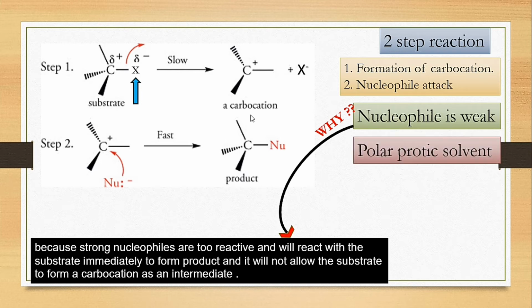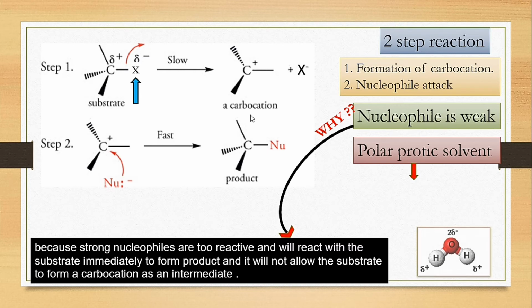Next important point is polar protic solvent. The whole SN1 reaction actually happens in the presence of polar protic solvent. Now you can ask what is polar protic solvent. See, polar means two poles are there. In one pole there is a partially positive charge, in another pole there will be partially negative charge. Two poles are there with charge, that means polar. And protic means it will provide proton, that is H plus ion, to the solute. So that is polar protic solvent.